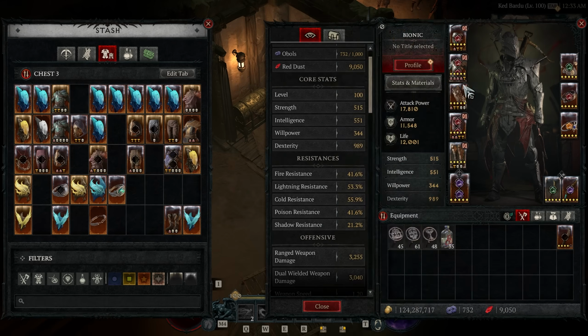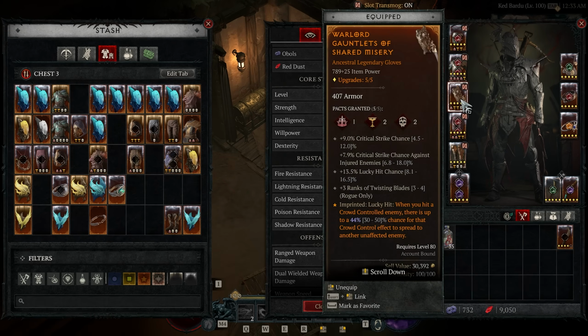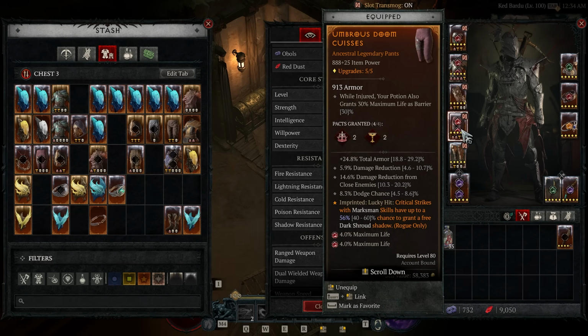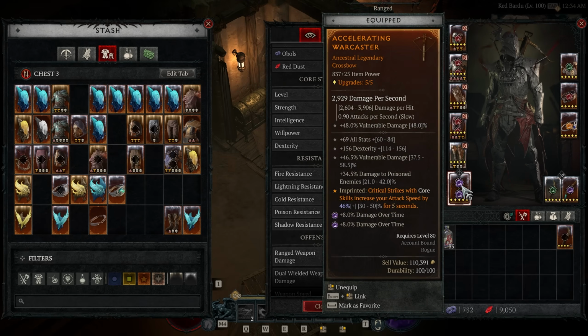You could put Shared Misery on the chest piece, and then you could put something like Edge Master on your gloves if you wanted more damage, right? The pants, right, we covered. So armor, obviously here in damage reduction, and one of the resistances would be great instead of dodge chance, for example. As for the two-hand crossbow, all stats and dex I think is kind of a must,